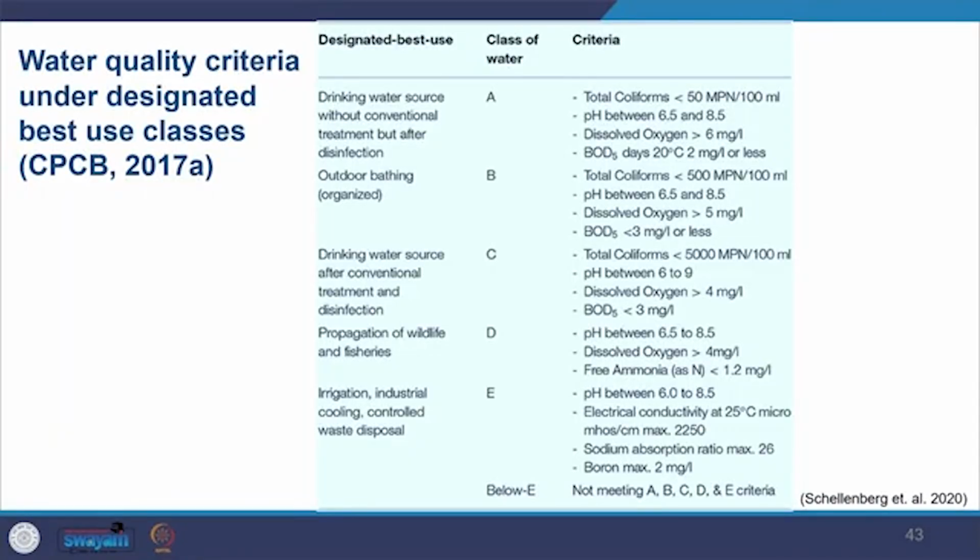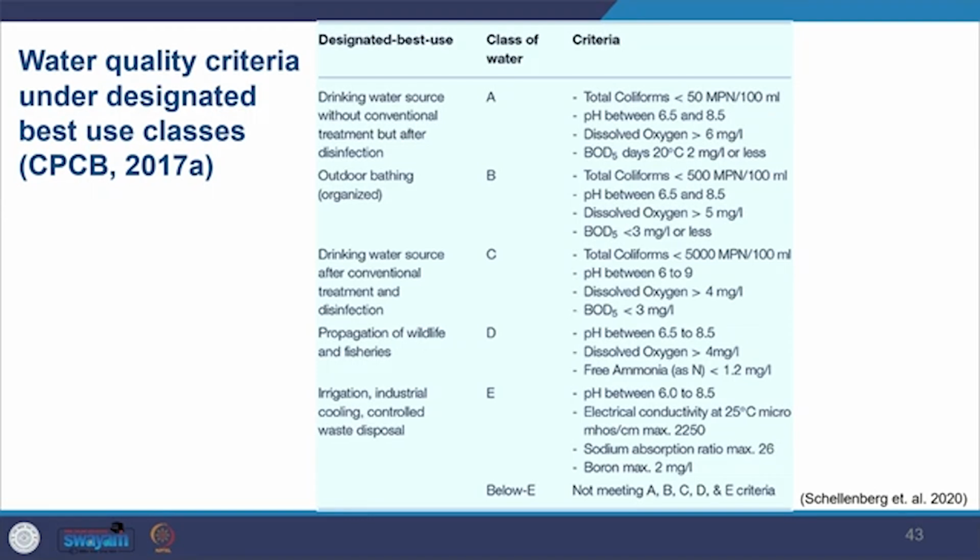Again, in this image, you can see the designated best use, class of water, and criteria by CPCB. You have class of water A, B, C, D, and E, and what criteria are used. On the left-hand side, you can see designated best use, like which is for drinking water, what's for outdoor bathing and drinking water purpose, and then for wildlife and fisheries, irrigation, industrial